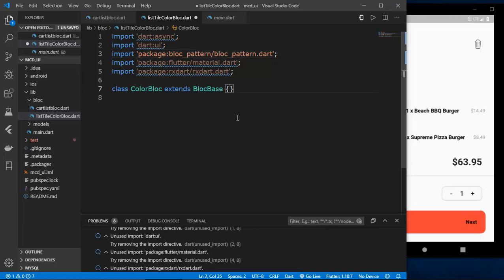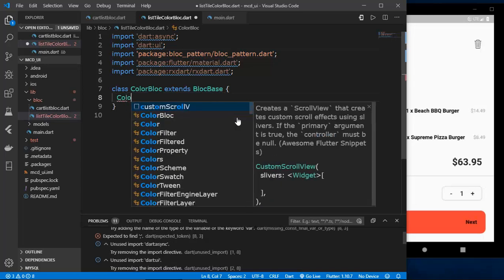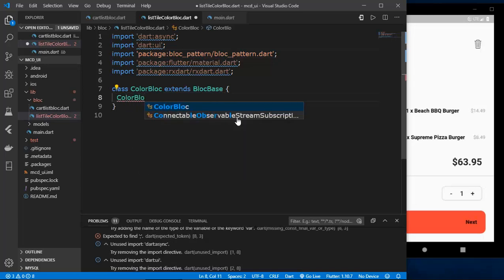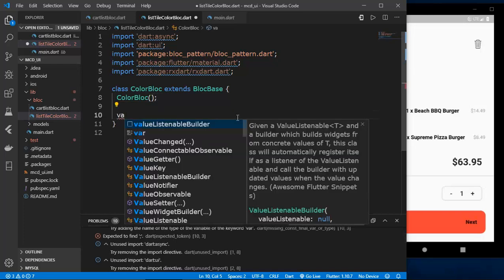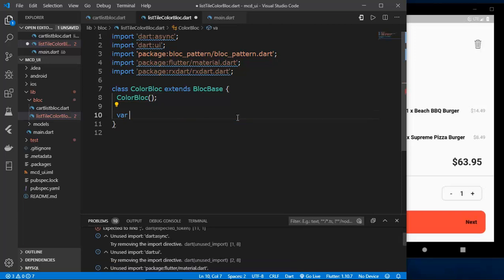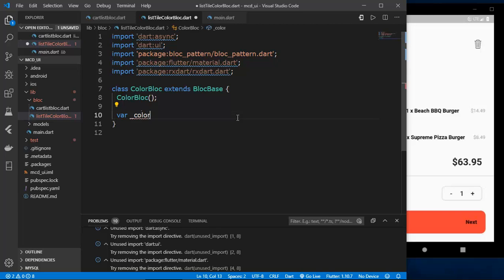After that, inside this, I'm going to initialize the stream controller, so the color controller is equal to